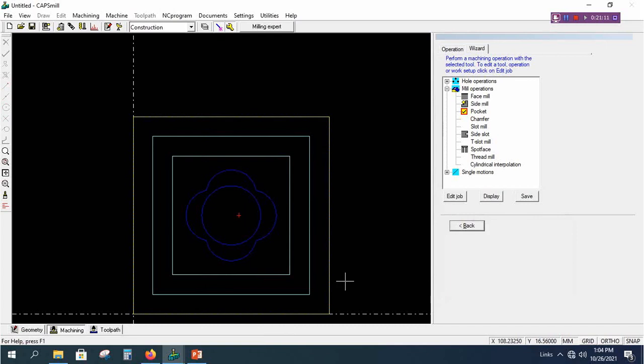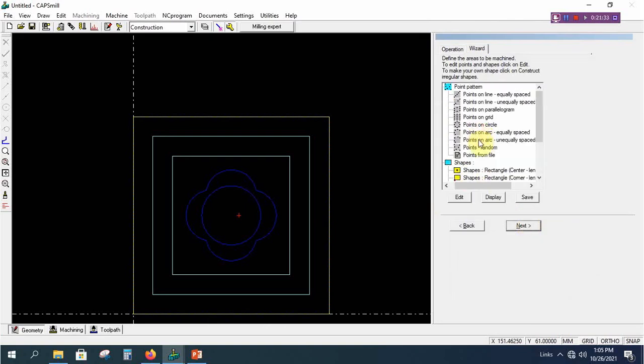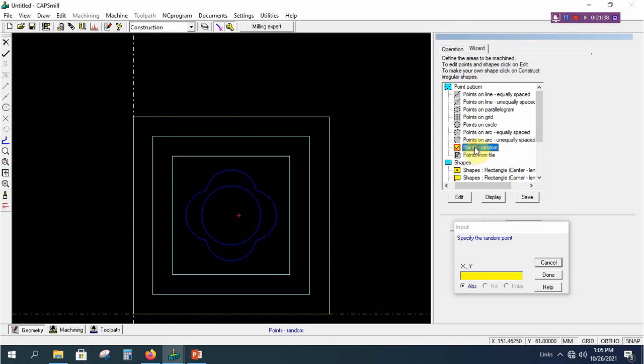If we want to see the simulation, we can see it, or otherwise we will complete the threading cycle first. After that we will see the simulation. For plotting the points, go back, go to draw part and go to next. Now we have some options. Better to select points random. Click. Now we are going to plot the points at 4 corners. Enter the value as 5, 5.